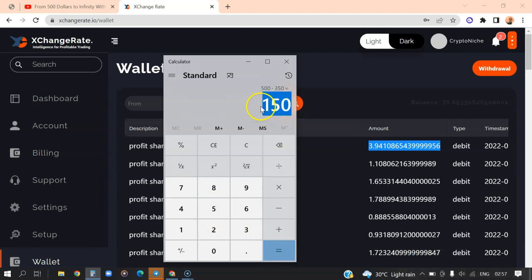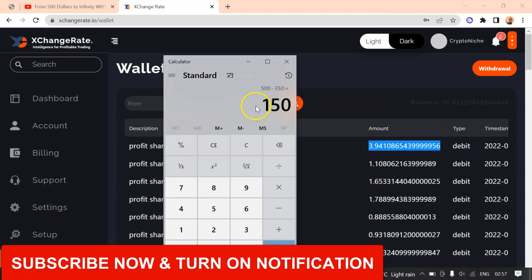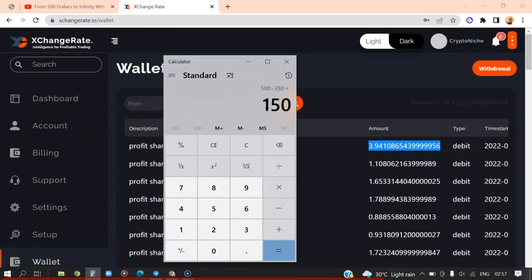And now what is the strategy to recover this loss? According to the developer, the minimum balance to start the bot is going to be 1,000. But according to the developer, they're still going to be giving room to old users to still use a balance of, let me say, 500 or thereabouts. I'm not sure precisely how that's going to take place. But if they allow that, and the bot is making 2.8 consistently, like it was promised with the new update, now if I make 50% profit on 350,